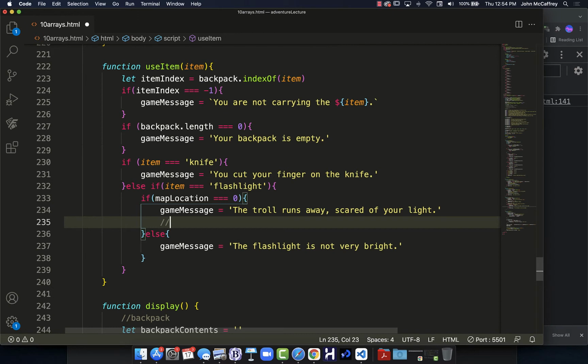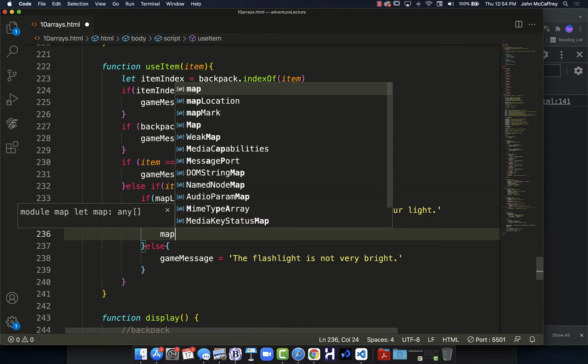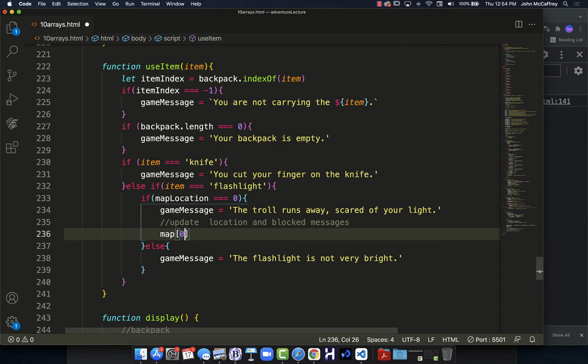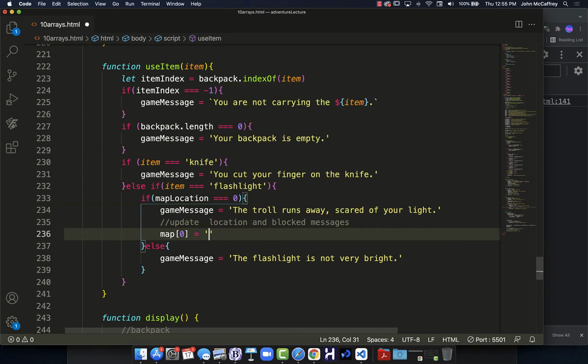So now I'm just going to put a comment here: update location and blocked messages. So that means we need to, in our map, we're at location 0. So map 0's message is now going to be, you see